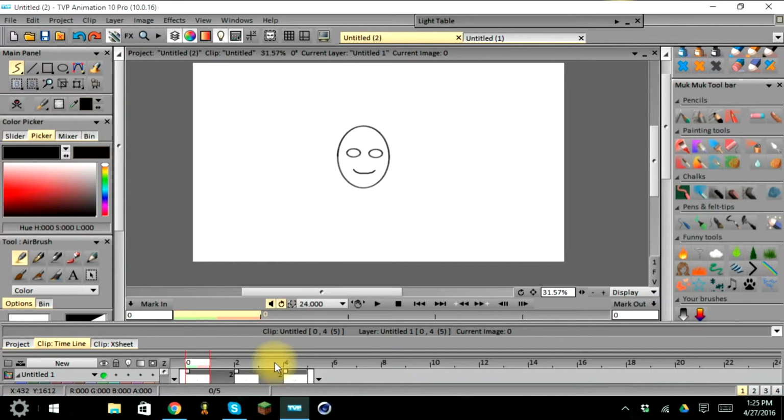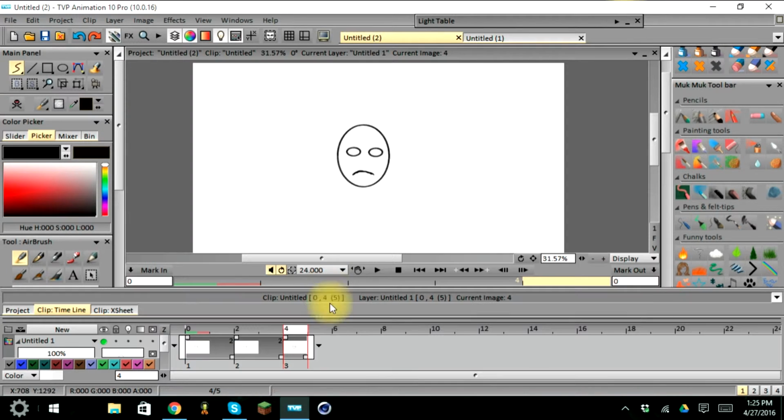So the static images that we have set for the first keyframe and the last keyframe are the position and movement of where we want our characters to be. So here in this initial state, he's happy, and then we want to get him to be sad. And these two states of emotion are set, because this is what we want to happen. So what happens is that we live in the in-between.